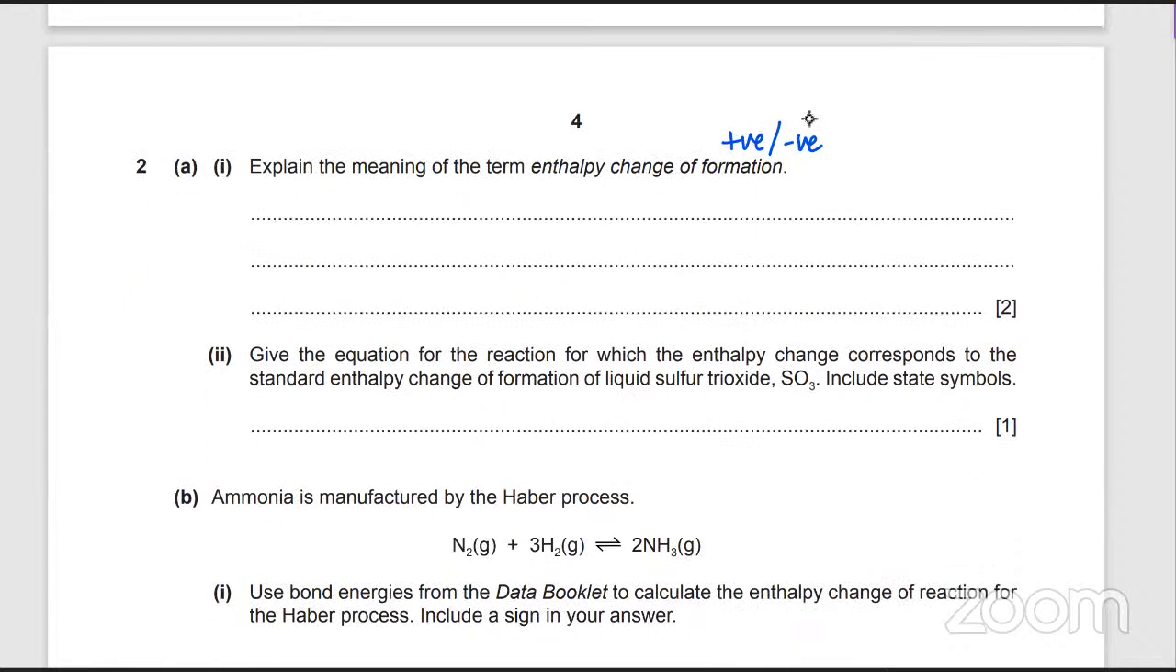Now give the equation for the reaction for which the enthalpy change corresponds to the standard enthalpy change of formation of liquid SO3. ठीक है? So liquid SO3, including the 1 mole of SO3 liquid, is supposed to be formed from its constituent elements. क्योंकि ये दो है. Standard conditions में ये वाला element जो है that's a solid. So the next part is